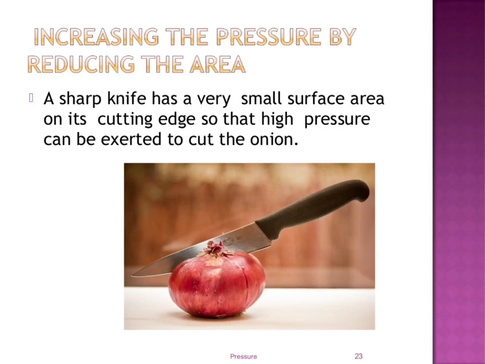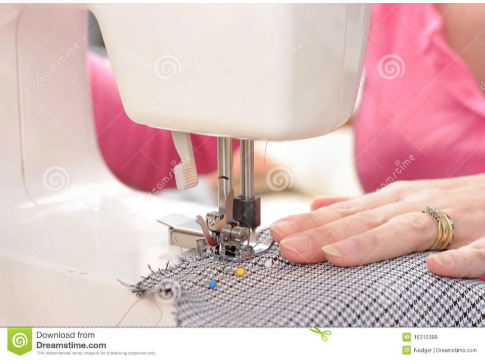A razor blade has very sharp edges so that it may produce a large pressure to cut things easily. An axe also has a sharp edge to cut things like wood easily. And similarly, the tip of a needle is also sharp so that it may put the force on a very small area of the cloth, producing a large pressure sufficient to pierce the cloth being stitched.